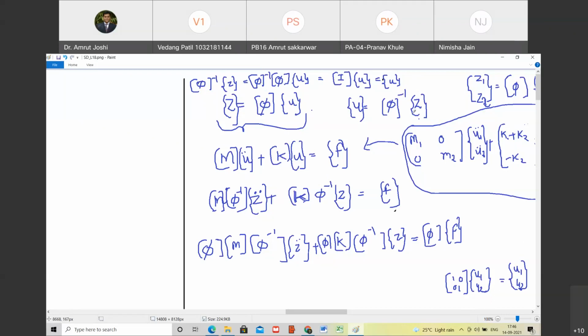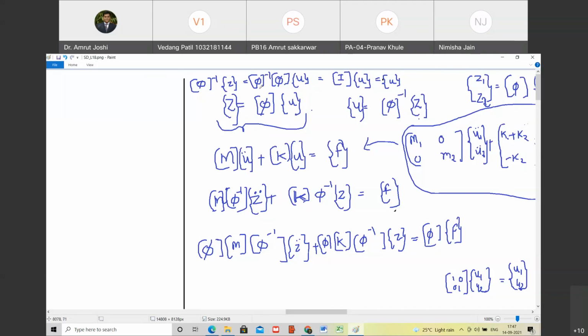So can you please repeat this sentence again? Which sentence? How you got the U matrix? Have you understood the process? Yes, sir. So what will happen by repeating the sentence? Z is equal to phi times U. And how did I get the U matrix? See, Z is equal to phi times U is the substitution that I am making. Do you agree with me? Yes. Pre-multiply both sides by phi inverse. So the left hand side becomes phi inverse Z, and the right hand side becomes phi inverse phi U.